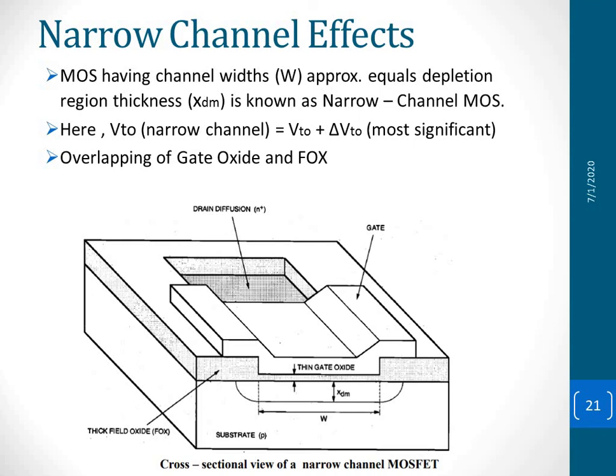But the thing is, we are trying to reduce the dimensions. Suppose if we are trying to reduce only dimensions, then what about the power requirement, power dissipation? So suppose if you are trying to reduce the power supply VDD and VSS, what happens again? So all these things you have studied in technology scaling, and the effects which come across because of technology scaling you have also seen. I hope you have understood what technology scaling is, the types of scaling and the effects which occur due to scaling.